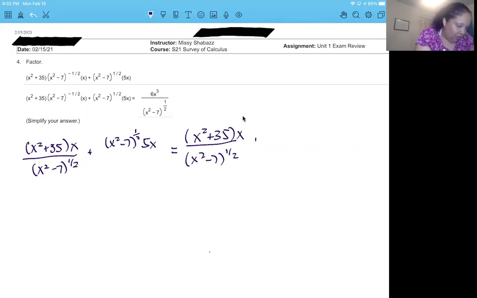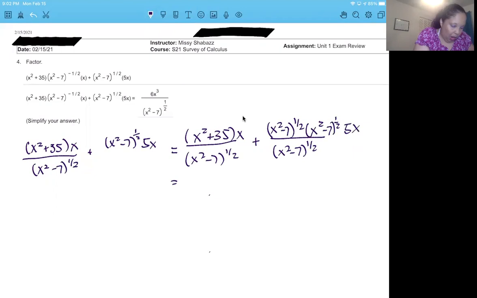And then the second term, I'm going to multiply the top and the bottom by x squared minus 7 to the 1/2. And it already had an x squared minus 7 to the 1/2 and a 5x. So if I write it over the same common denominator,